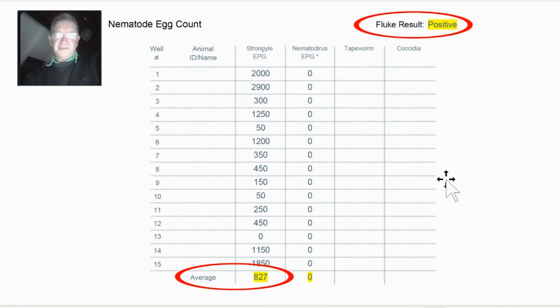Now this one shows slightly higher than average worm egg count, but the highest one's 1850, and fluke result is positive. So we usually like to see people treating for fluke at strategic times during the year. However, due to resistance in fluke pretty much throughout New South Wales and Victoria, we've got to be a bit circumspect about when and how to